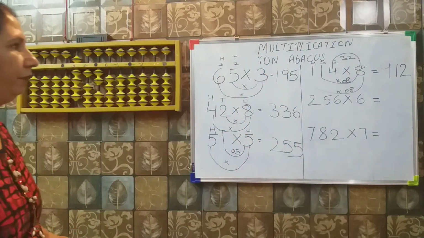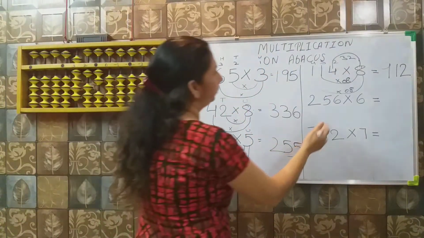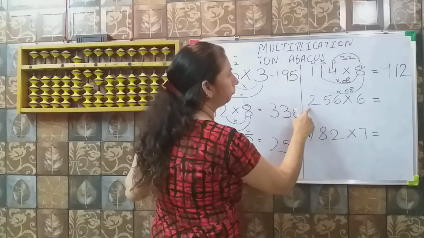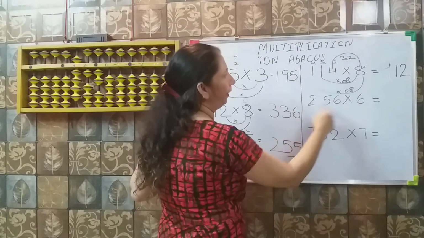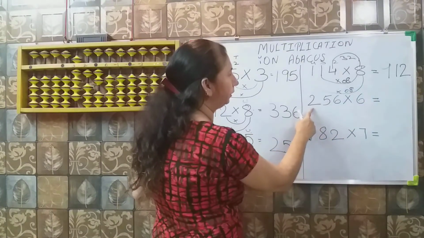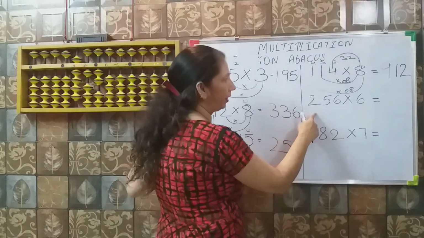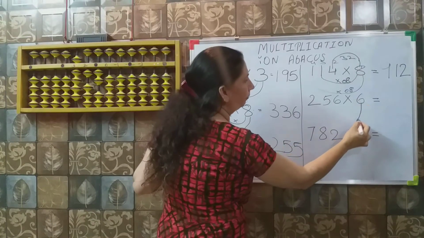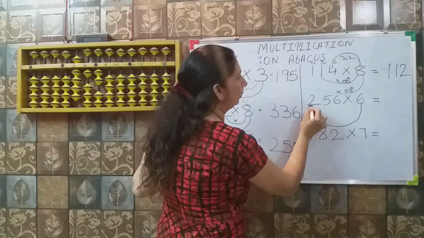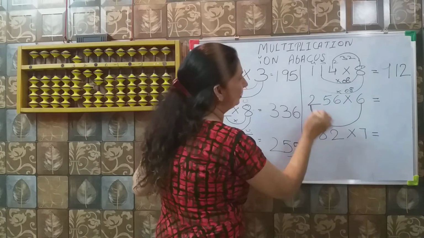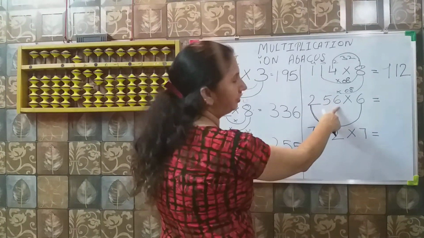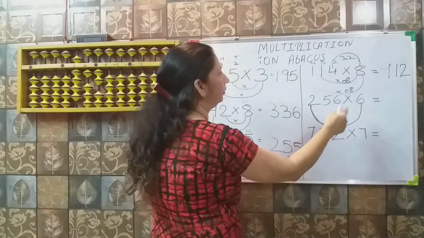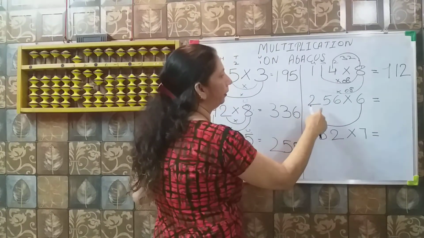So in the same way we will do all the sums. First we will count the digits. How many digits do we have? 1, 2, 3, 4. 4 means which place? Unit, tens, hundred, thousand. Thousand place. So we will start the sum from the thousand place. Always remember, first you have to multiply with the first digit. We don't start from the unit place. Start from the last digit, whatever we have. So here we have the thousand place.